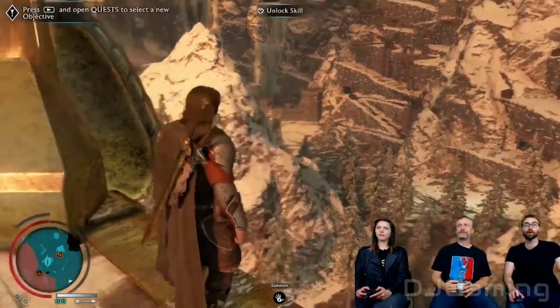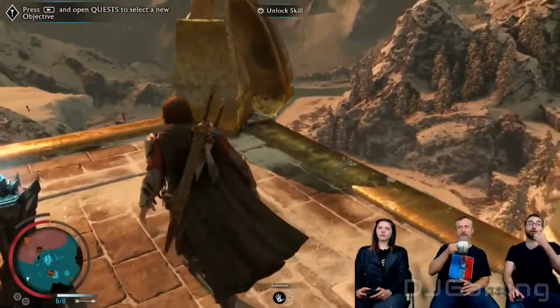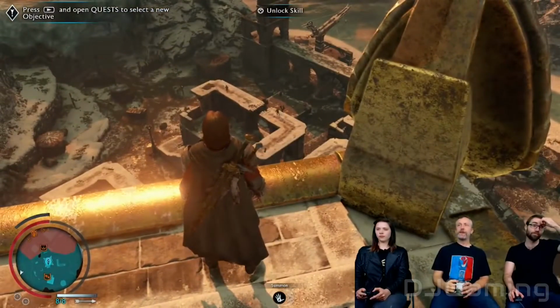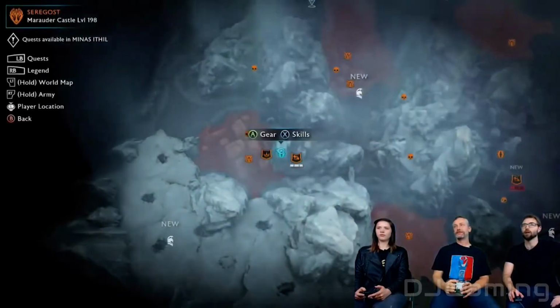Cool. So we're going to run around and hang out in this outpost, and we're going to show you guys a little bit more on the Wraith skills. And we're going to start off with one of my favorite Wraith skills, which is, I believe, Brace